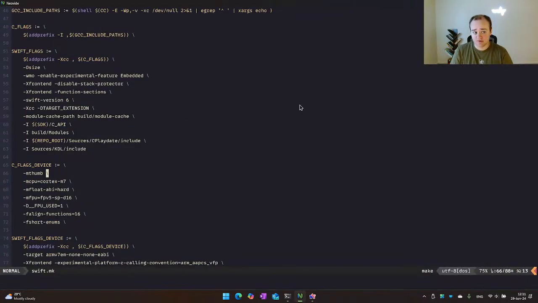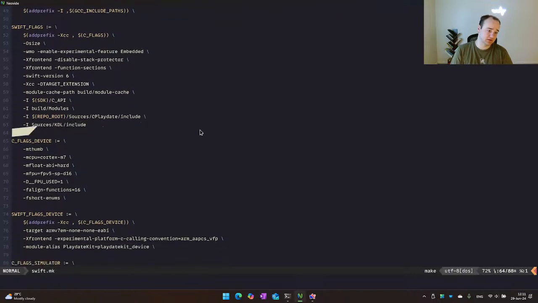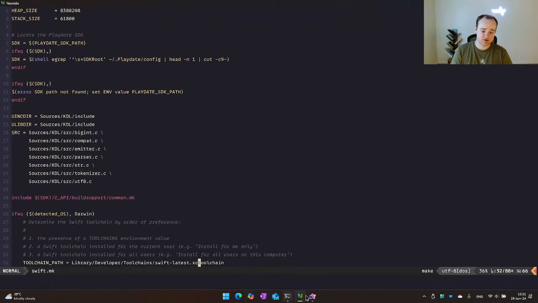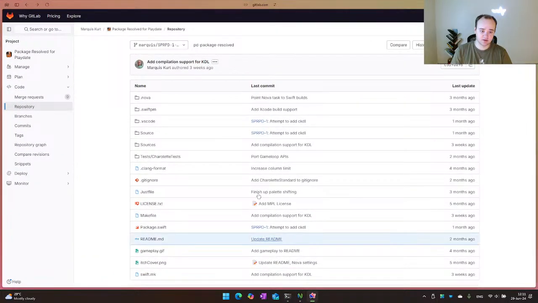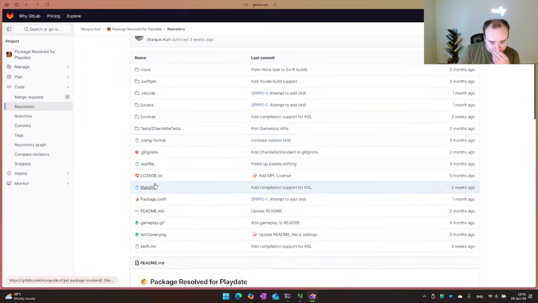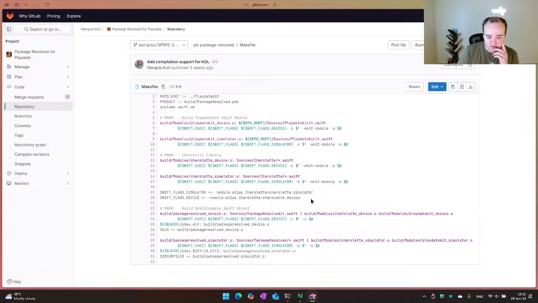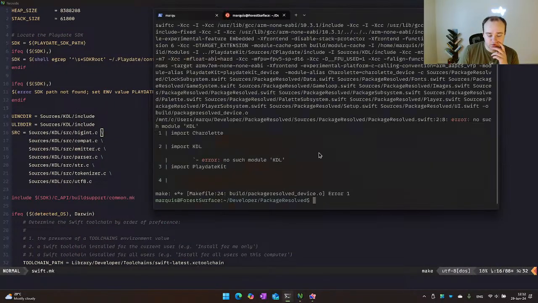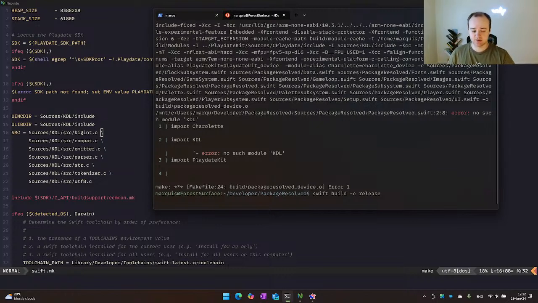Okay. It was working before, now it's not. Love it. There's probably like a module alias or something that I forgot, if I were to hazard a guess. So if I were to do make in here, do we have anything for Cuddle specifically? No? No such module. Do I need to build the Swift package first?